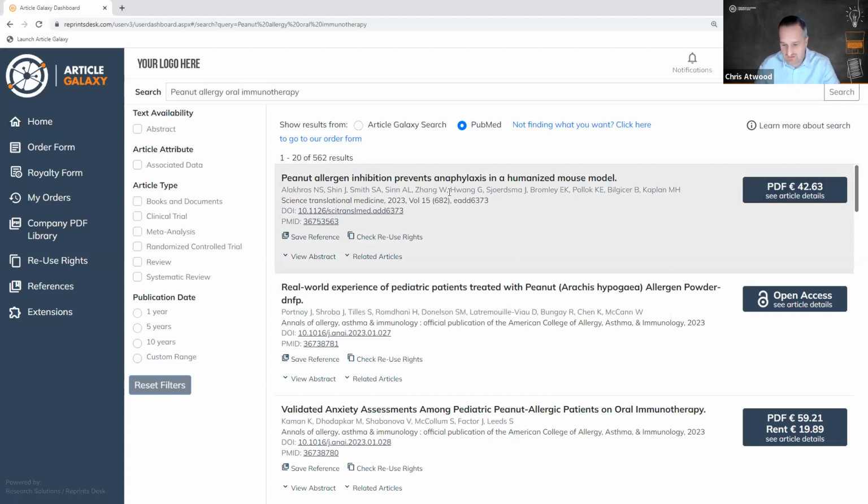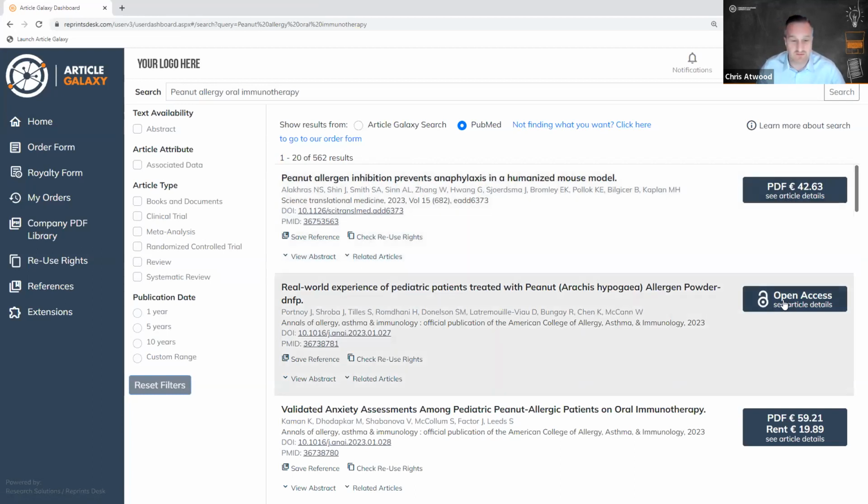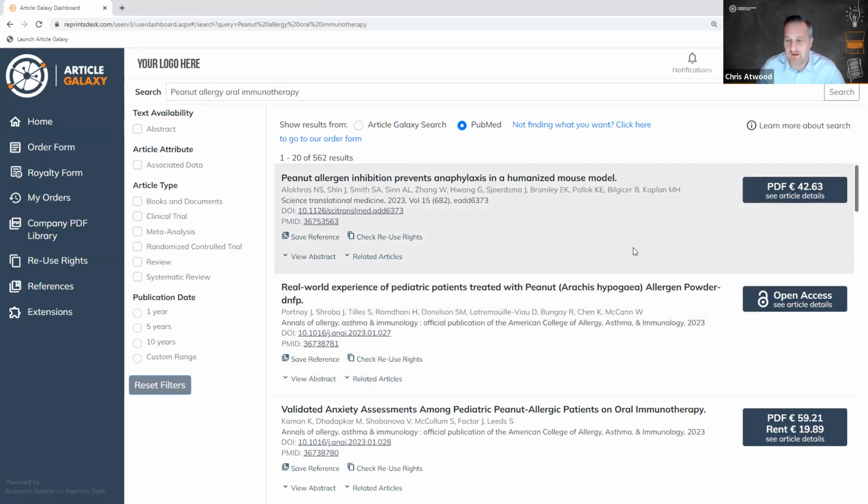So this search does a bunch of things. It pulls back articles, citation information. You can look at abstract details, related articles. We'll also show you pricing options if the item isn't already owned by your organization or if it's not open access, things like that. But what I think a lot of users don't know is that we have two different